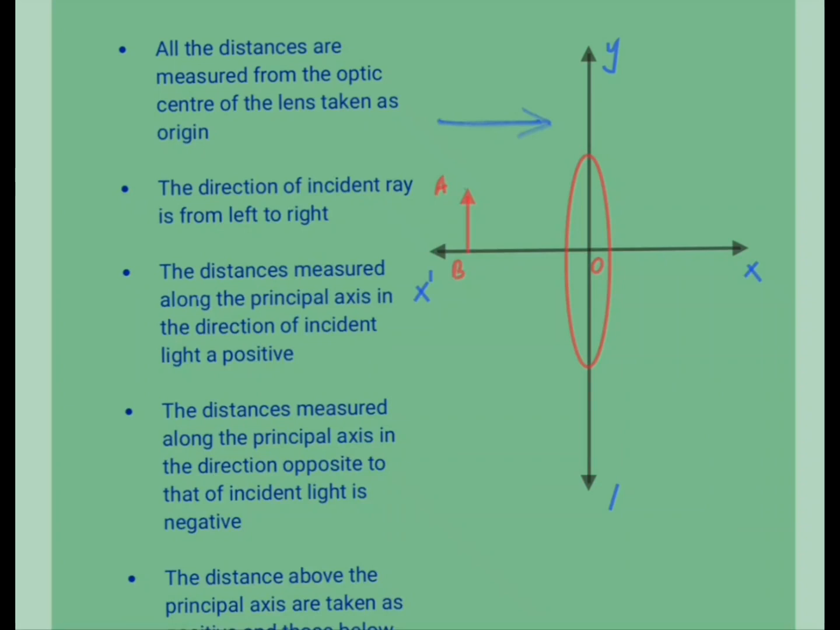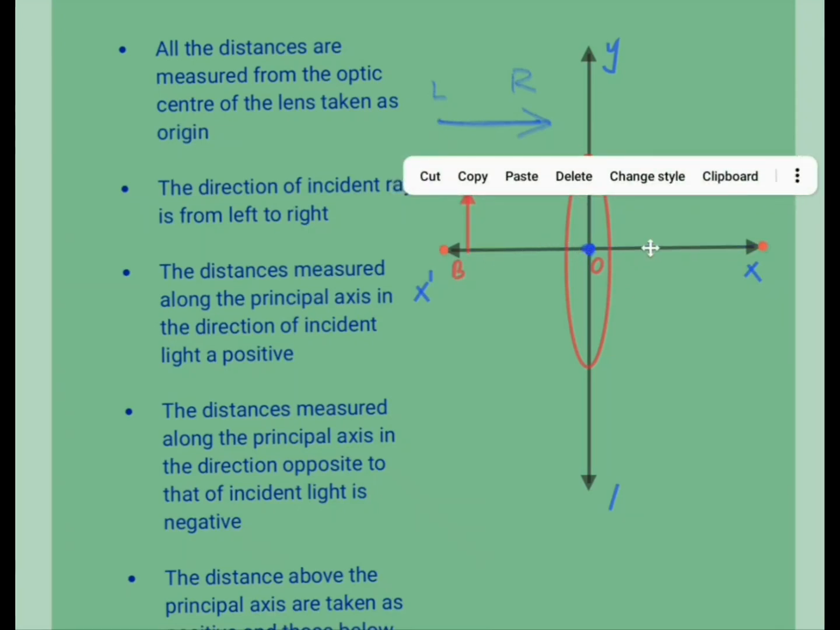Now, the third point to be remembered is that distances measured along the principal axis in the direction of incident light are always taken as positive. That is, suppose I am measuring in the direction of light. So in the direction of light means from left to right. If I am measuring from left to right, all the measurements will be taken as positive. Since I am starting from the origin, we should always start from the origin while measuring. So all the measurements in the direction of incident light means only those measurements on this side,